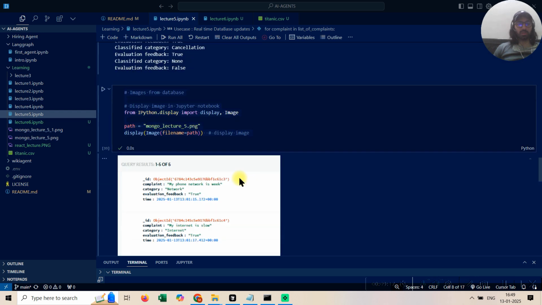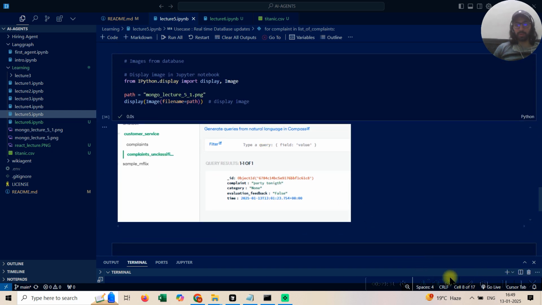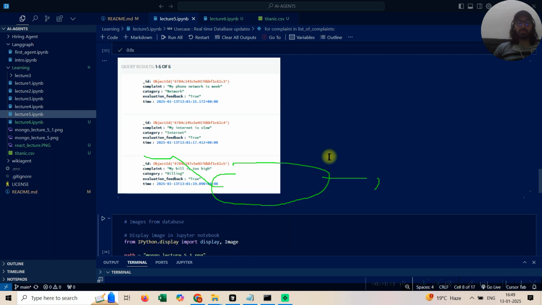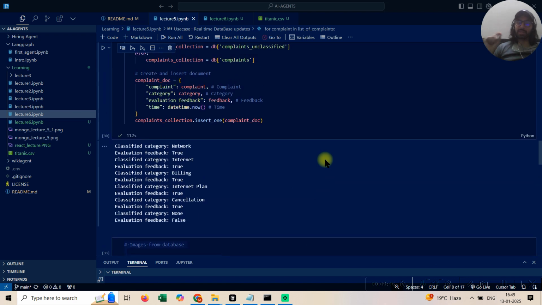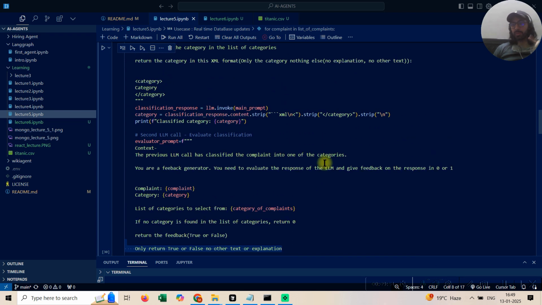Now if you see what got inserted into the DB, in the first DB 5 records were inserted: my mobile network is weak, network true, and all these 5 records got inserted. But the party one is inserted into complaints unclassified, and here is the party one. Now this record can be processed separately. So we saw that if we have an LLM which acts as an evaluator, it really increases efficiency, because whenever you have to write into a database, you can make one more call and just confirm that everything is fine and you are not messing it up. Because guys,